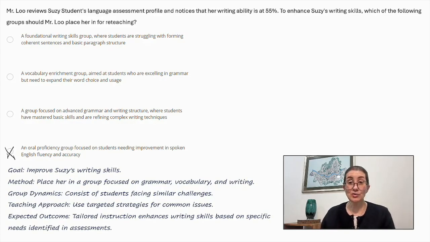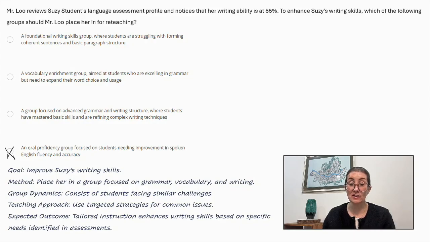To enhance Susie's writing skills effectively, Mr. Liu should place her in a group specifically focused on improving grammar, vocabulary, and writing abilities. This group should be comprised of students who have similar challenges and needs in these areas. By creating such a targeted group, Mr. Liu can employ instructional strategies that specifically address the common difficulties faced by these students, allowing for more personalized and